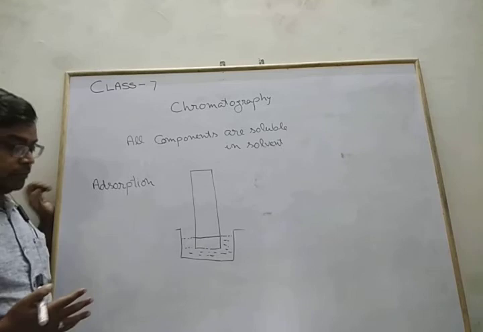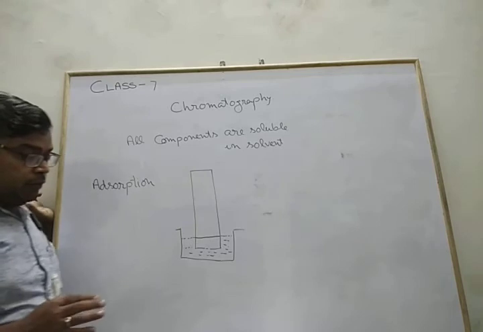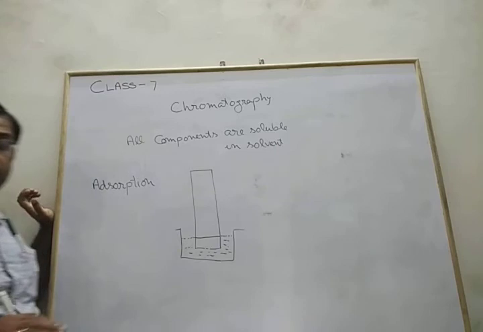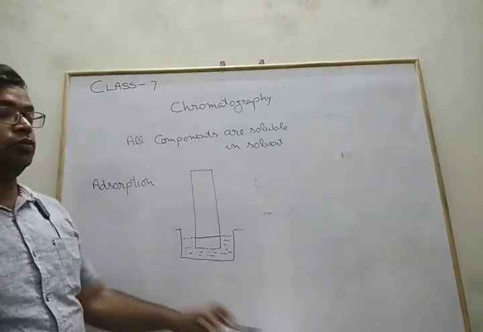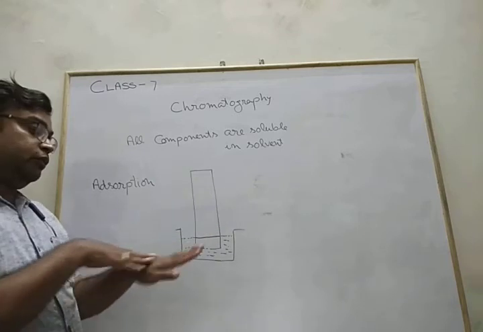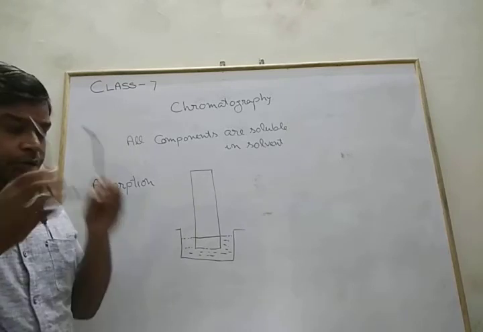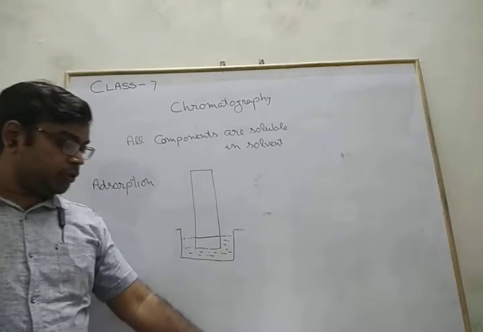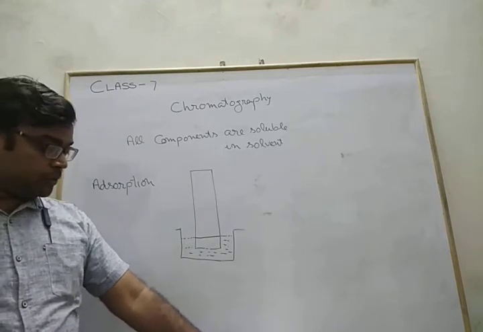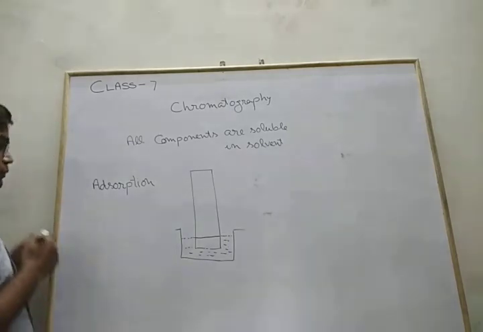In adsorption, one substance forms a layer on the surface of the other substance. Suppose there are two substances. One is one type of color, the other is another type of color. In adsorption, a substance called the adsorbate forms a layer on the surface of the other one. Adsorbate.